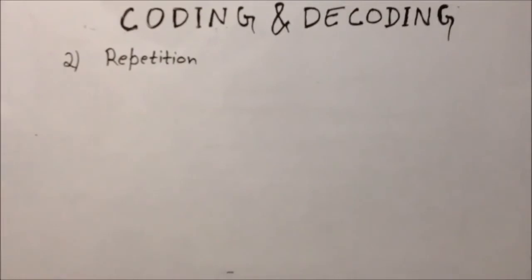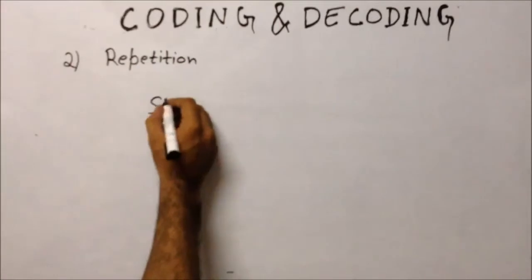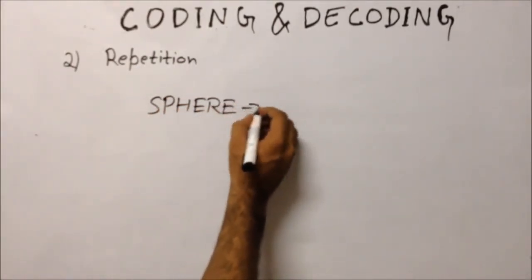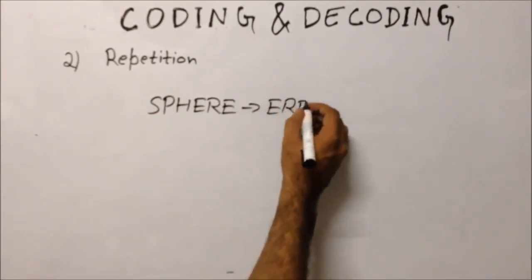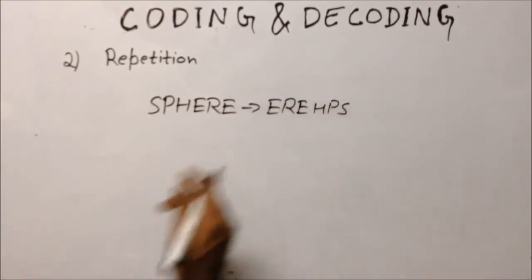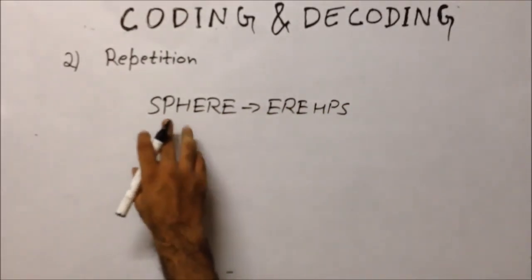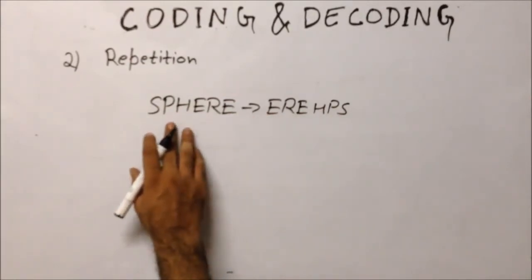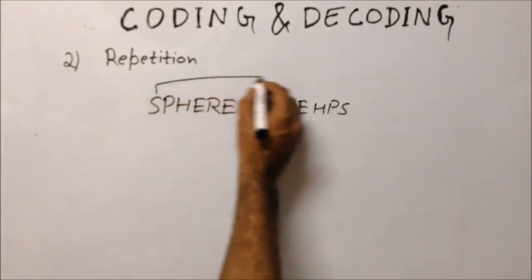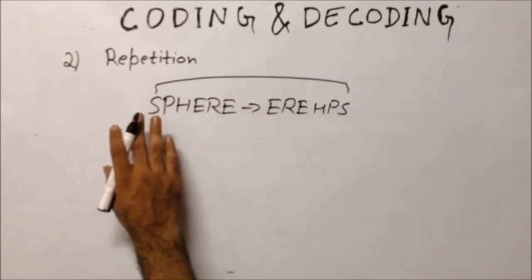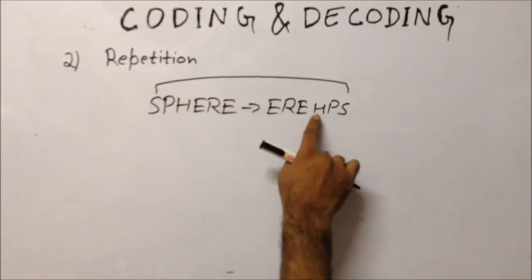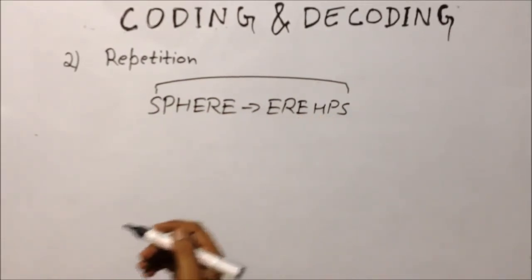Now let's start with our second pattern which is repetition pattern. In this pattern you will see questions like these. For example, if the word is sphere, S-P-H-E-R-E, and the code for the word sphere is E-R-E-H-P-S. Now in this repetition pattern we are using the same letters which we have used in the word sphere, which is S-P-H-E-R-E. What we have done over here is we have just reversed the order of the word sphere. We have used S at the first place here, and here we have used S at the last place. The next letter would be P, then H-E-R-E, and hence it is our first example.